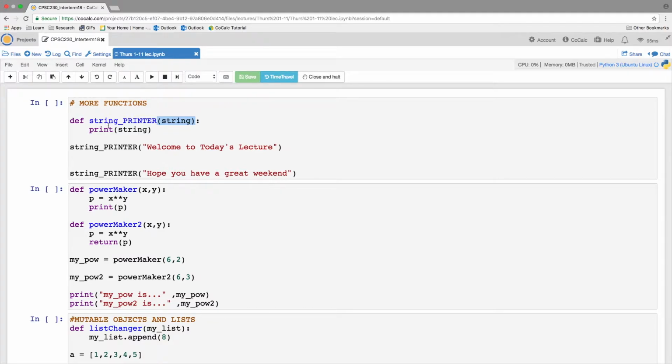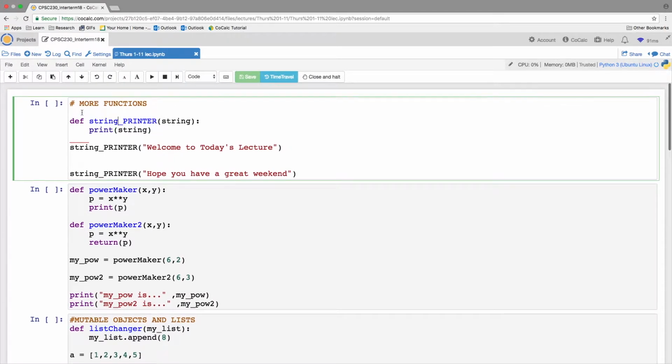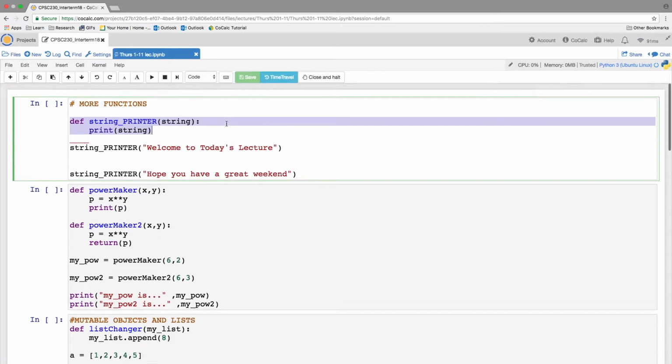Okay, so for instance, I have this very simple function called string printer. And what this does is it takes in a string as an argument, and literally all it does is print that string. Now, I didn't say this is the most useful function, but it is a function that works. So what I can do is I can define the function, and this part that I've highlighted is the definition